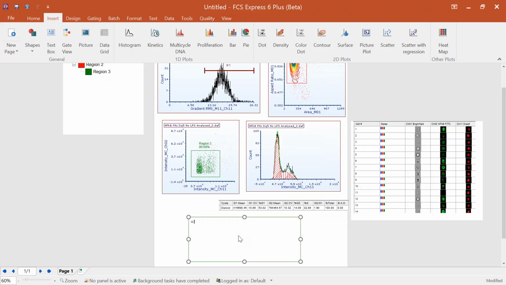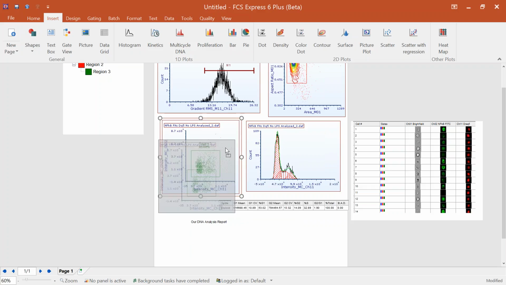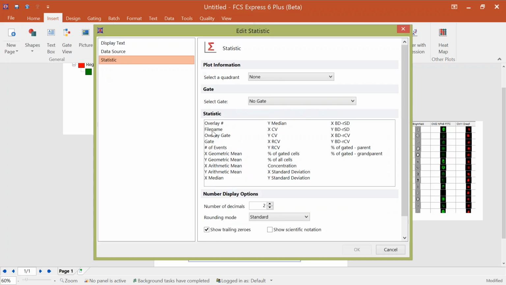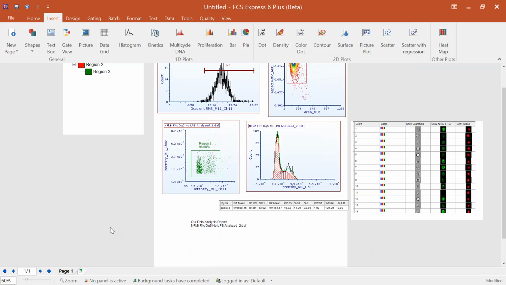And we can call this our DNA analysis report. Within this text box, you can place anything that you want. You can even derive information from data files. So if I drag this whole plot in there and say I want to put in the file name, I can do that. Now the file name will be automatically inserted, and as new data files come in, that data file name will be updated without you having to enter that information and worry about some sort